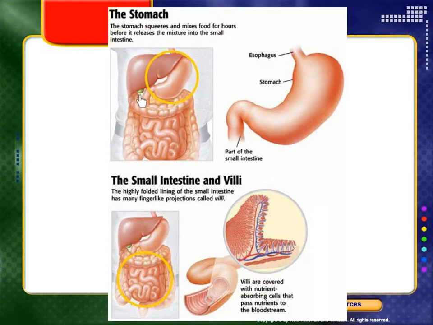And then what am I pointing to here? The gallbladder. And it makes what? Or stores what? Did I tell you that already? You did. Bile. It must be on the next slide. So that bile actually comes through the same place that pancreatic juice comes in, and it goes into the small intestine there. And so the small intestine is going to break down more fats, but here's where the absorption of